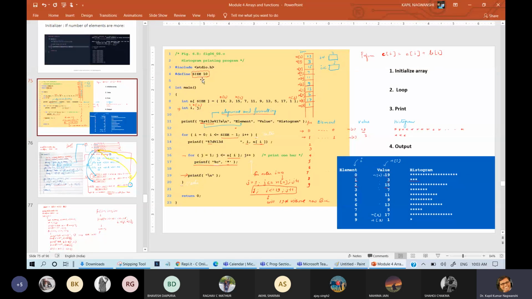Why is size defined? Because if you want to enter less number of elements, then you can use less. Or if you want to use more, like 3, you can use 3, and if you want up to 10, you can use that. So this size is the maximum size. Got it?